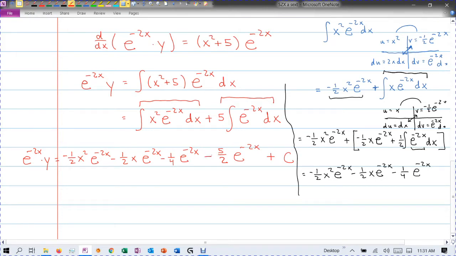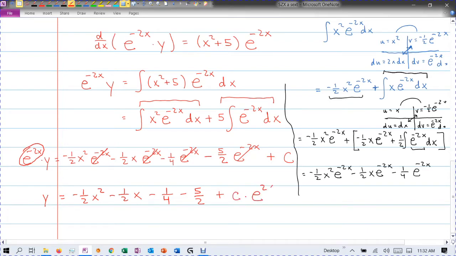Now we need y by itself. We divide everything by e to the negative 2x. So we get y equals, okay, this is going to be gone, that's going to be gone, that's going to be gone, that's going to be gone. So we get negative 1/2 x squared minus 1/2 x minus 1/4 minus 5/2. What else? Plus a constant over e to the negative 2x,